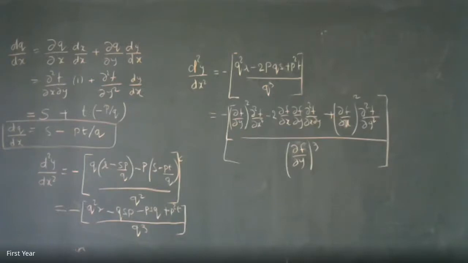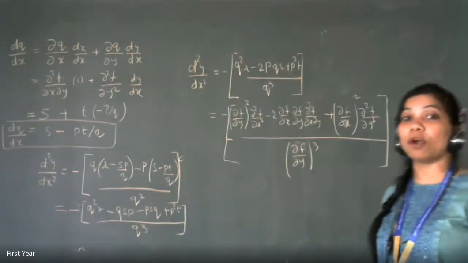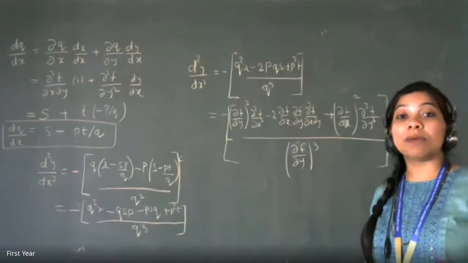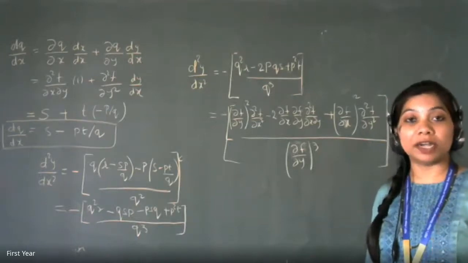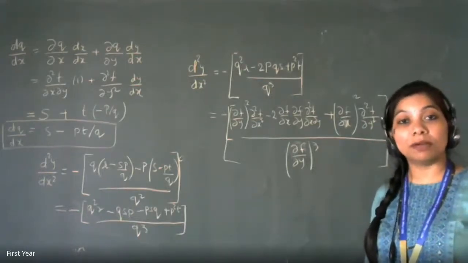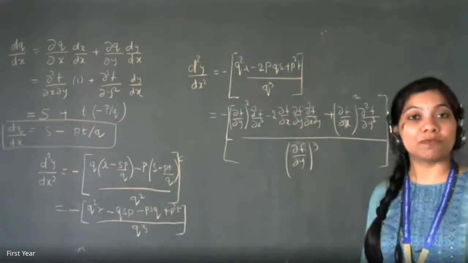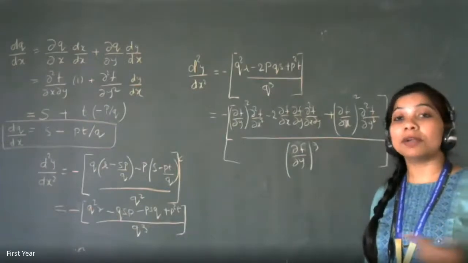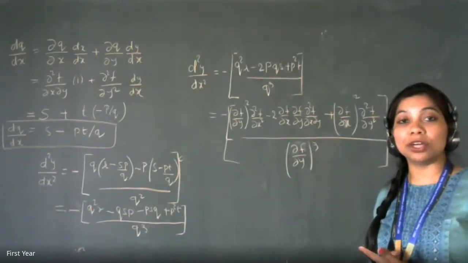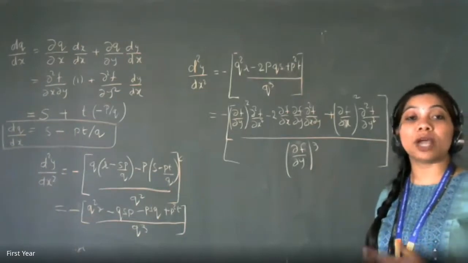Is this okay? The derivation has never been asked or required for you all, but how you get it is the application, or you can say this is the derivation obtained from all the things that you have learned in partial derivatives at the end. What are those? Plain partial derivatives, delta f by delta x, that you are finding. You are making use of the total derivative formula. You are making use of the composite function formula. Only thing is we are not making use of Euler theorem. Variable treated as constant is also used here because when you are differentiating f with respect to x, y is constant and so on.